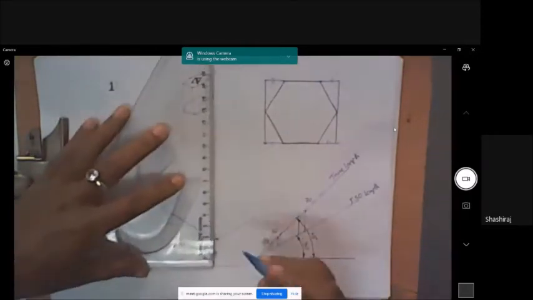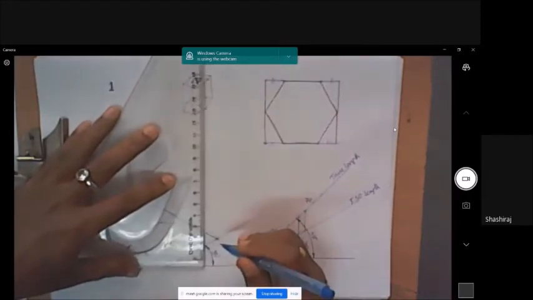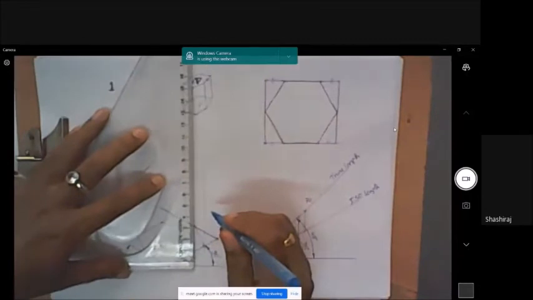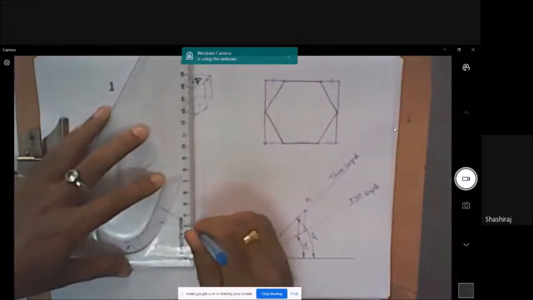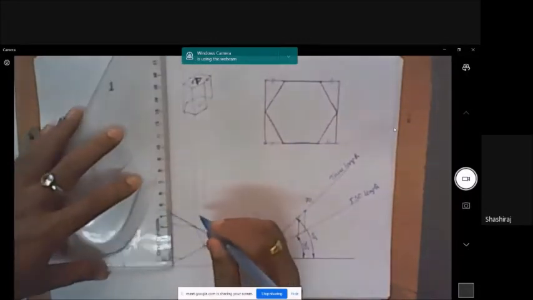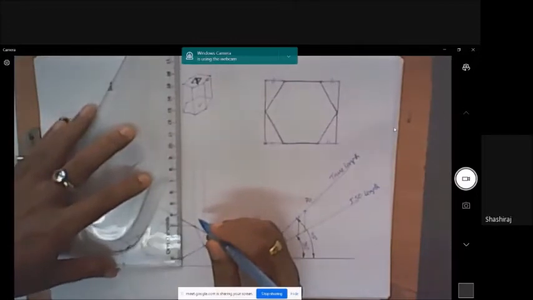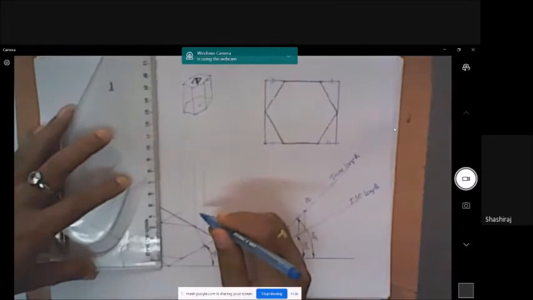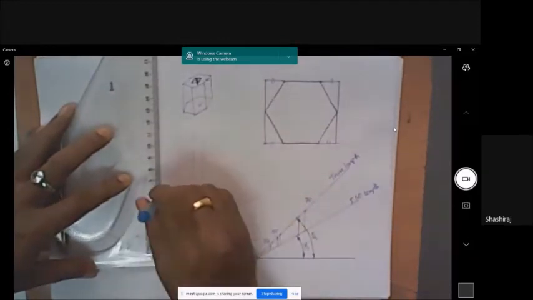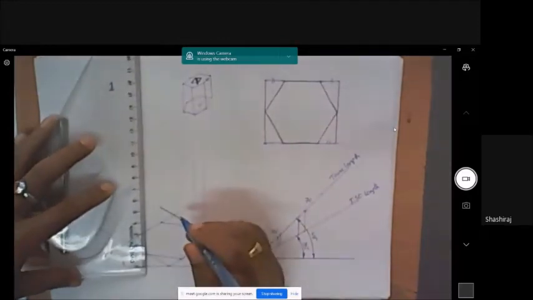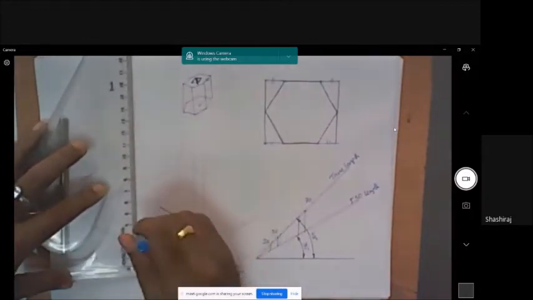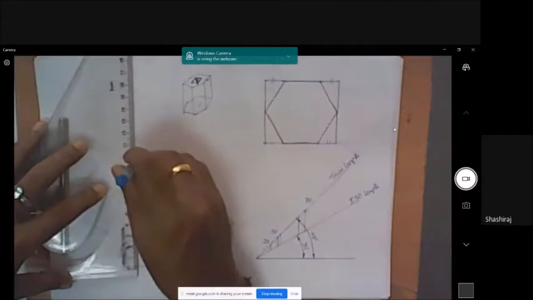I'll draw vertical lines from all the points. One from this point, second from this point, third from this, fourth from this, fifth from this, sixth from this point. So there are 6 vertical edges.